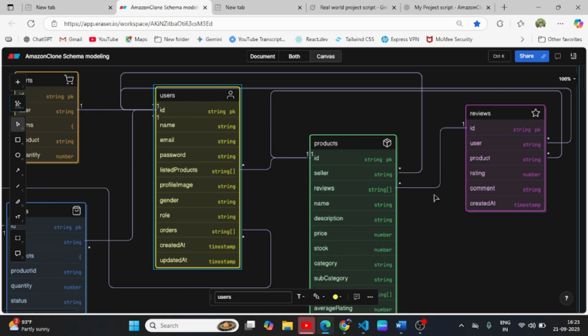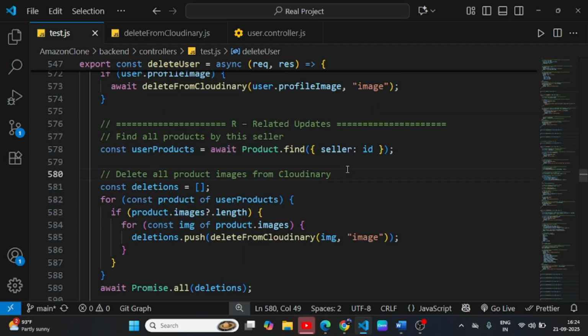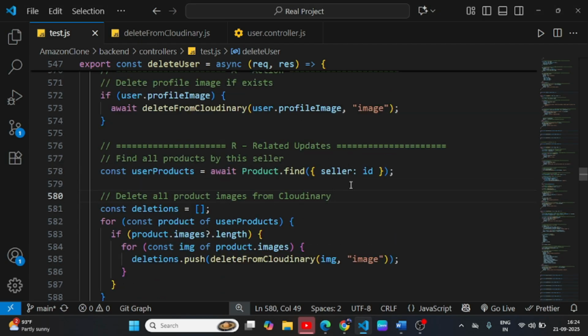Like, first I have to delete this account. Otherwise, the document will exist in the database, but the creator is not there, right? So it's not a good thing because you're going to create a lot of issues. So that is the thing you have to understand. So first, then the question is, did I update anything related